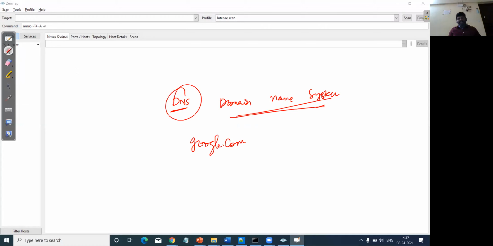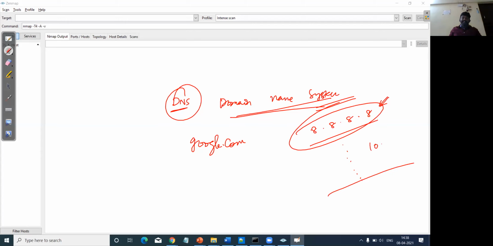It is very difficult for everyone to remember IP addresses, for example 8.8.8.8, especially if we are trying to access hundreds of websites.